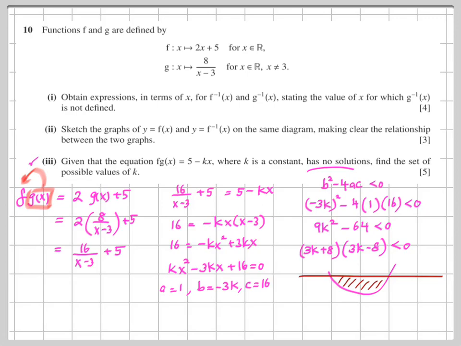Coming back to this, the two brackets are multiplying. We are looking at less than 0. We don't solve it algebraically. We look at the sketch and solve it. Less means the region below the x-axis. Below the x-axis is one single region, one single answer. k lies between minus 8/3 and 8/3.